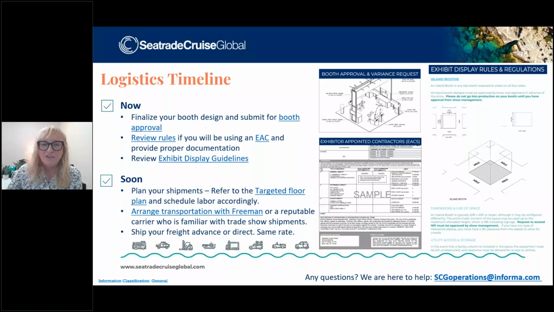Soon, in the very near future, you'll need to start planning your shipments. You'll have to refer to the targeted floor plan and schedule your labor accordingly, and arrange the transportation with Freeman or a reputable carrier of your choice. You want to hire someone that's familiar with trade show shipments to avoid extra costs, waiting time, or multiple handling